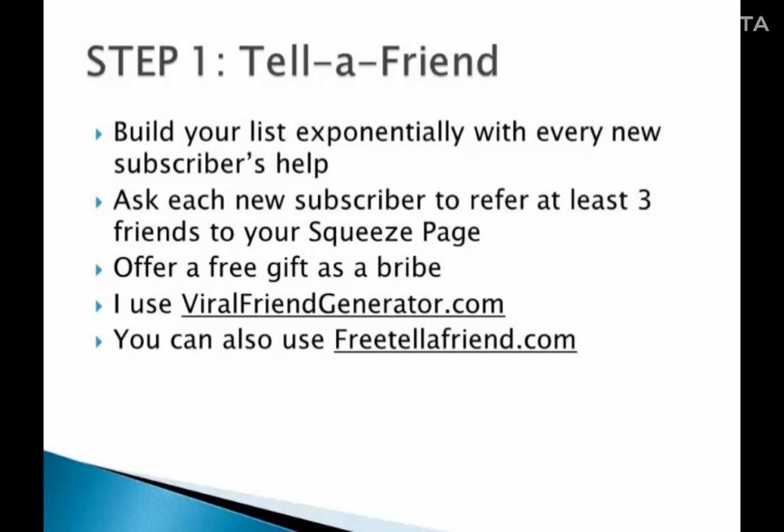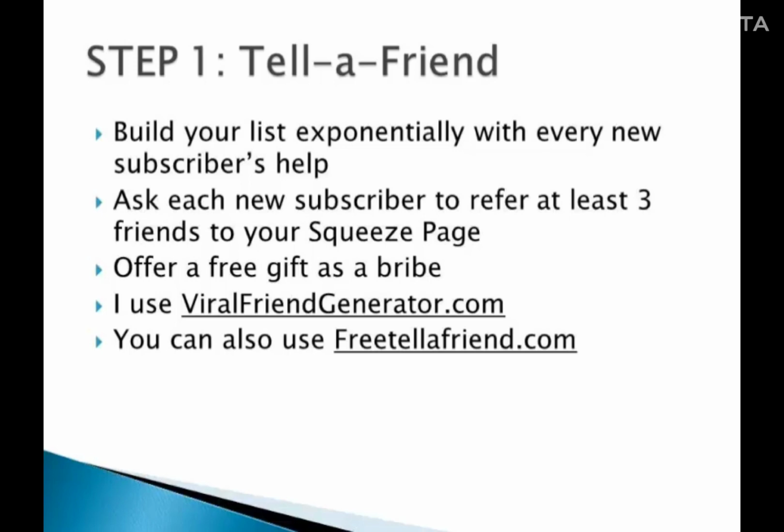Let's work out a conservative math. Assuming you have 100 new subscribers who have just newly signed up and each of them have to see the step 1 of 3 page, they each have been offered a choice to tell 3 other friends to visit your website in exchange for a free valuable gift as a bribe for a small favor. Hypothetically, let's say 50 of them have taken advantage of your offer and told 3 friends about your site by filling out the tell a friend script. This equals 50 times 3, or 150 new people getting notification from their friends to visit your website, the Squeeze Page site. This is a direct result of your initial subscribers telling their friends.